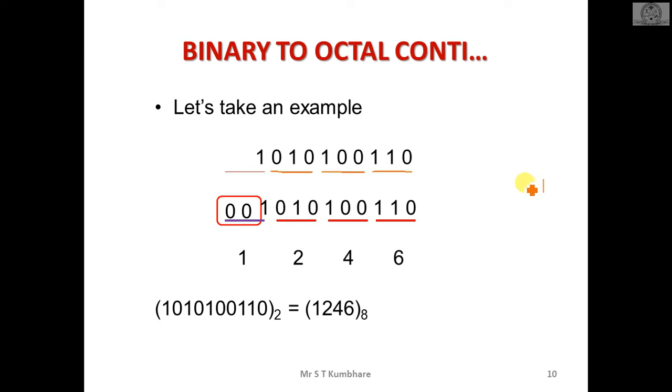Then multiply it with the base. So 2 into 1 is 2. Multiply it with the base. 2 into 2 is 4. Like this. And we have three bits. So 110, 4 plus 2, 6. 100, 4. 010, 2. 001, 1. No need to take these two because they are 0. So the value is 1, 2, 4, 6 in octal. Like this, we can find out the octal equivalent of a given binary number. I hope all of you got this.